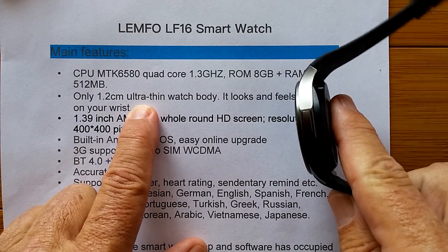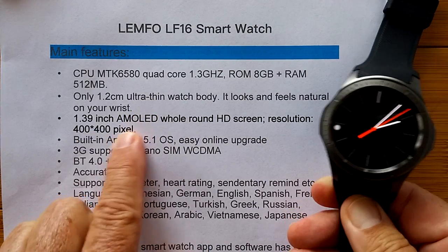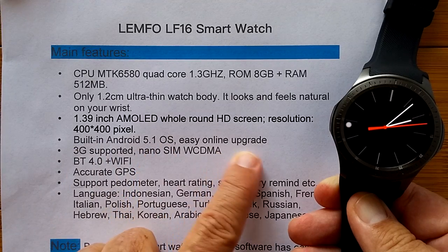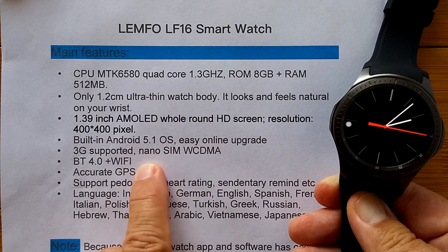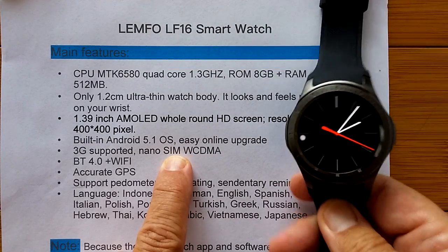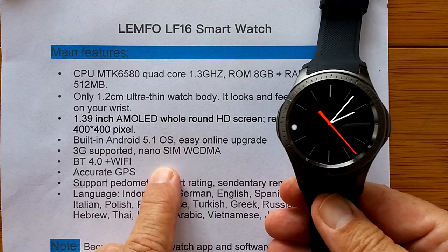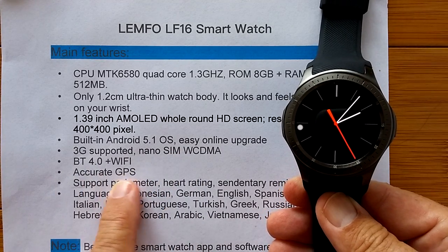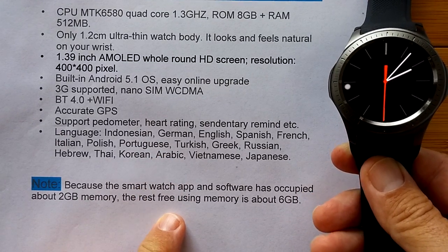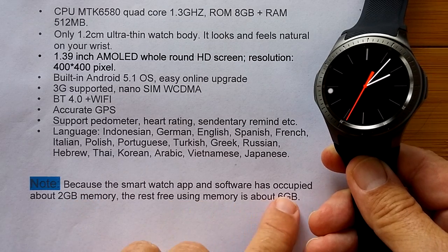It talks about being 1.2 centimeters ultra thin. We'll look at both of those in just a moment. And it's got the same display, same size, same pixels, same Android operating system, 3G support. This is a nano SIM, whereas the other one was a micro SIM, it said. So neither here nor there unless you're SIM conscious. Bluetooth and Wi-Fi, GPS, and all of these things. And it says that because the operating system uses 2 gigabytes of memory, the rest is free, which is about